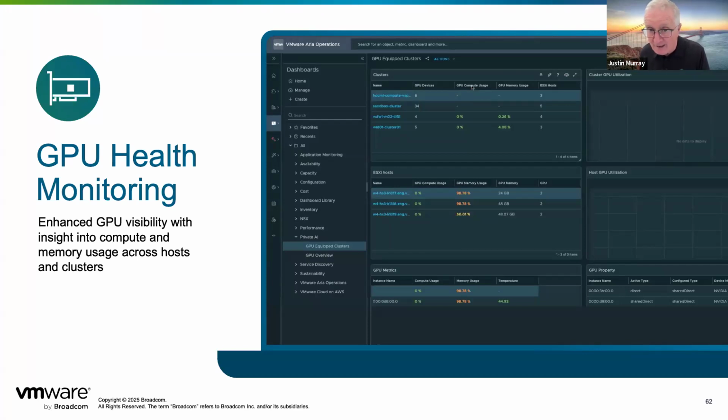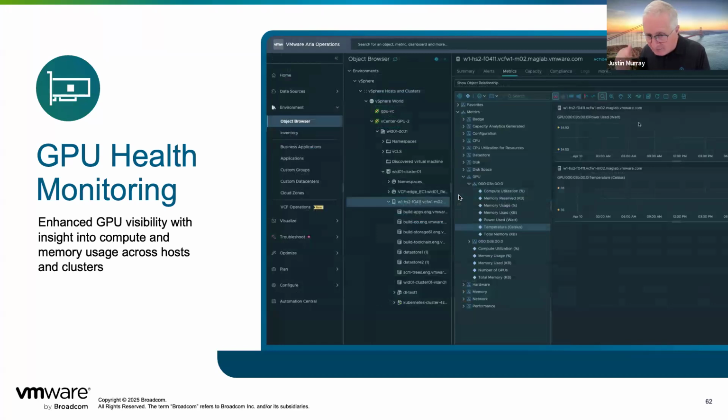And there is drill down into the temperature of the GPU, the power used, the memory used, the cores used, the total memory. And I can compare this with other metrics as I'm doing on the right-hand side here. I can compare two GPUs against each other to find out how they're behaving. So this is day 2 now. I've deployed my AI application, and I'm interested in how efficiently I'm using my GPUs.